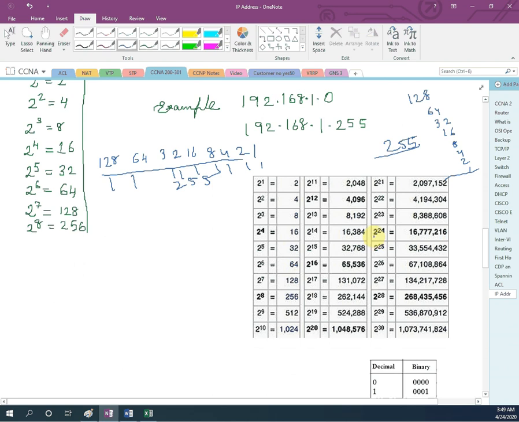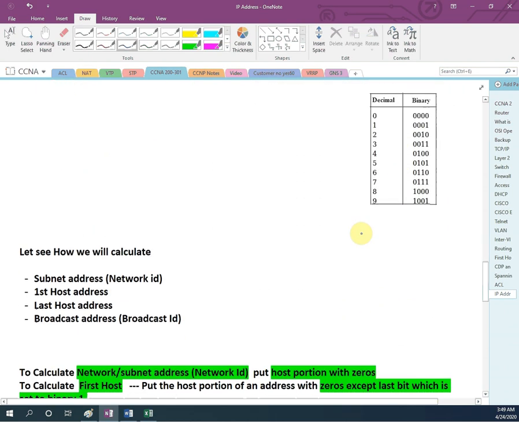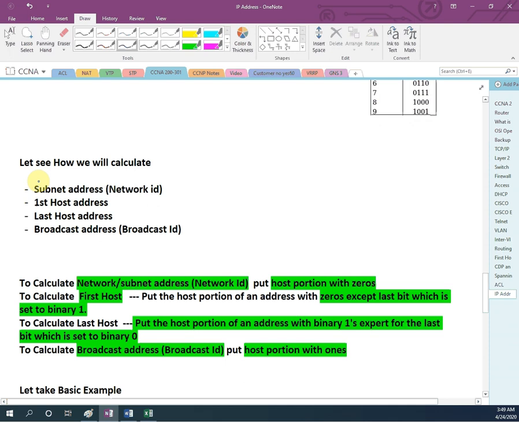So I put the table we are going to use, and I wrote the decimal to binary conversion here. Now we are going to start calculating the network ID, broadcast ID, first host address, and last host address. In subnetting we will have questions like: what is the network ID of this, what is the broadcast ID, what is the last host address, what is the first host address. In some labs, in practical problems, he will give a PC and assign the IP address. For example, I will take